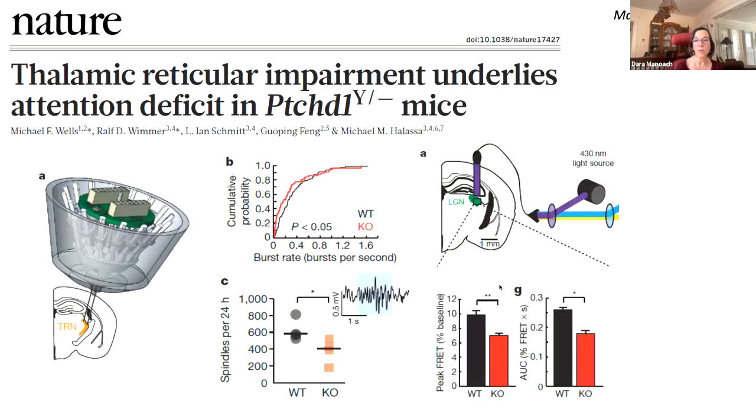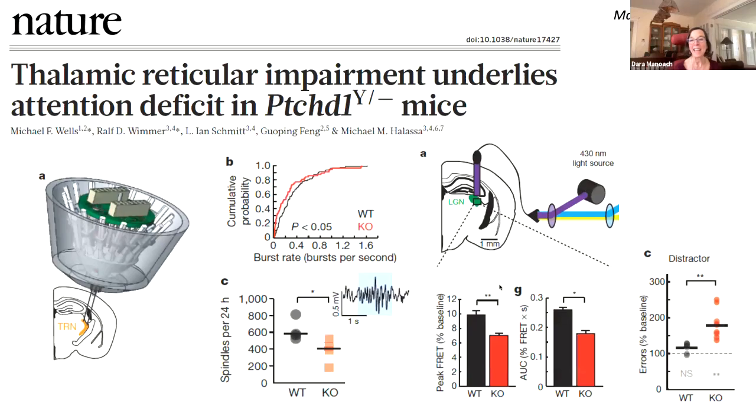These mice also show reduced TRN gating of visual information from the lateral geniculate nucleus, the visual nucleus of the thalamus. So they have more flow of this visual information to the visual cortex and a corresponding increased vulnerability to distraction on a visual attention test, thereby directly linking gating problems to attention deficits. Importantly, both the spindle and attention deficits can be rescued by a compound that corrects channel functioning, raising the possibility